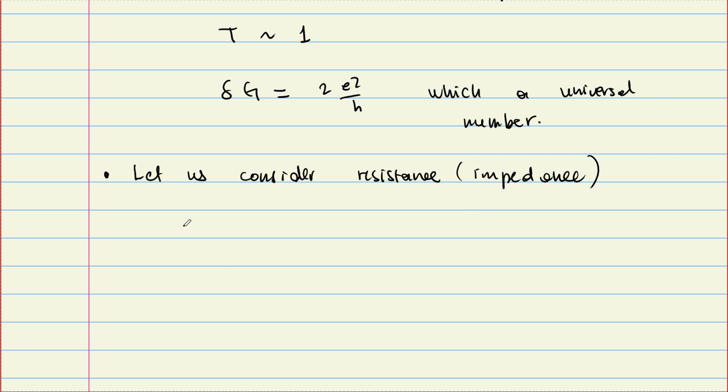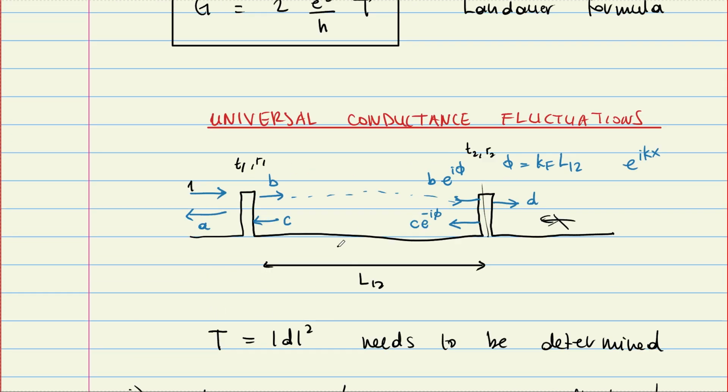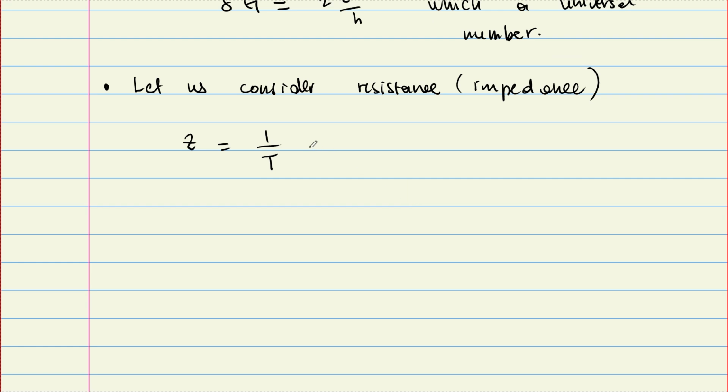Z is going to be proportional to 1 over T, and there will be an overall factor which I'm going to put later. To extract the contact resistance, I only want to see the resistance due to these two impurities, and I don't want to see the contact resistances. It is reasonable to subtract 1 from this. The total resistance is going to be h over 2e squared times